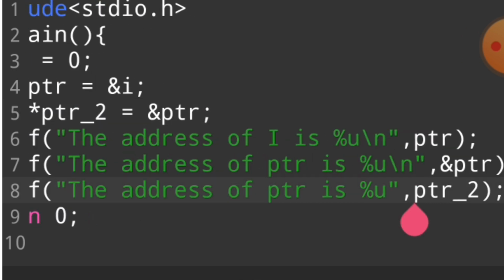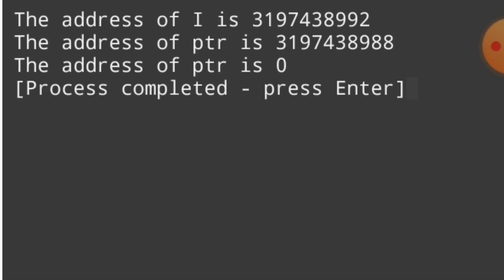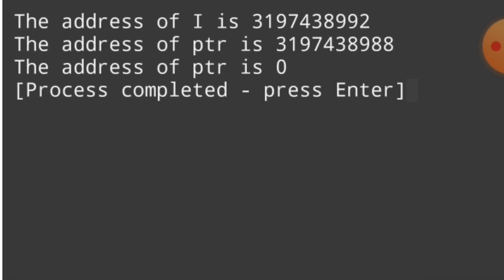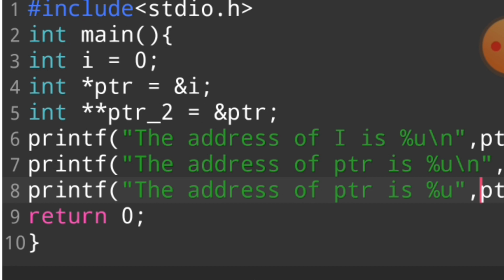If in this area we write that we want to print pointer to pointer, see what happened. The address of ptr is printed. In another video we will discuss this execution of pointer to pointer. I hope you understand this topic, pointer to pointer. The topic of pointers is not easy, this topic is so hard. I ask you, please see this video again and again, because it is not easy. So in another video we will discuss more.